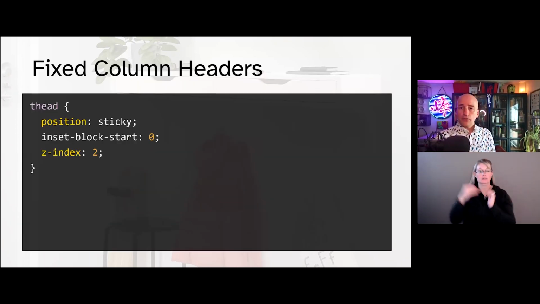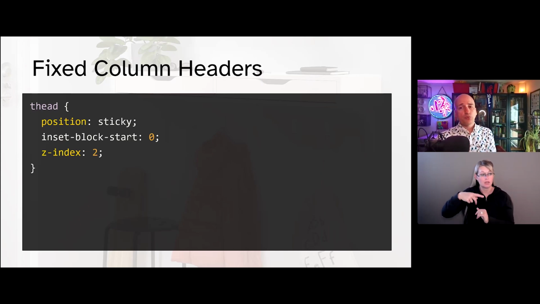For fixed column headers, you can use the thead element here as your sticky element. If your element has no thead, you can still use th. You don't even need to add a scope attribute since the row header selector that I covered a couple of slides ago already has it, making that one more specific. For this one, you can use top 0.